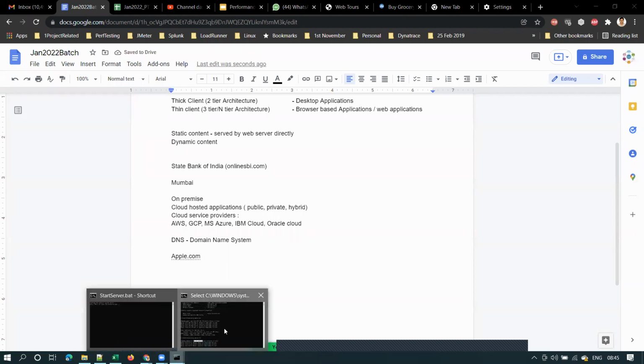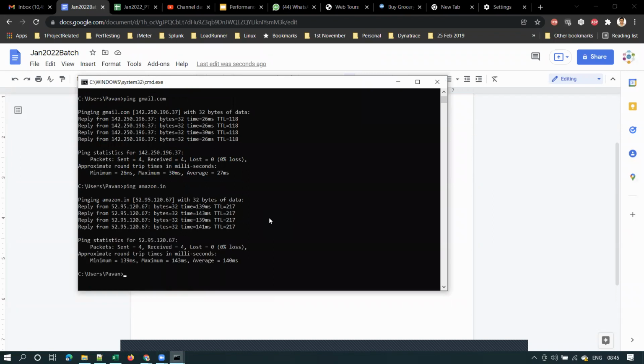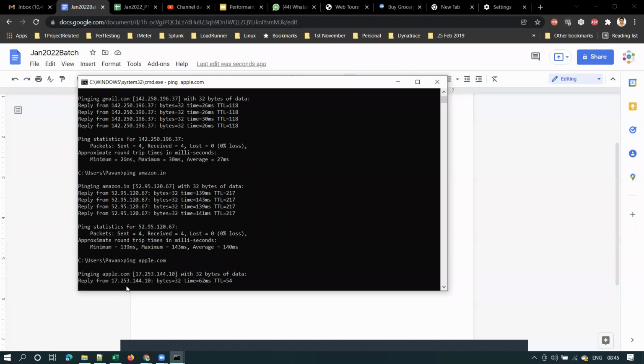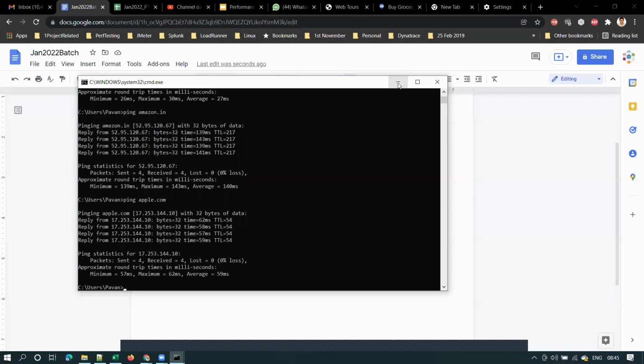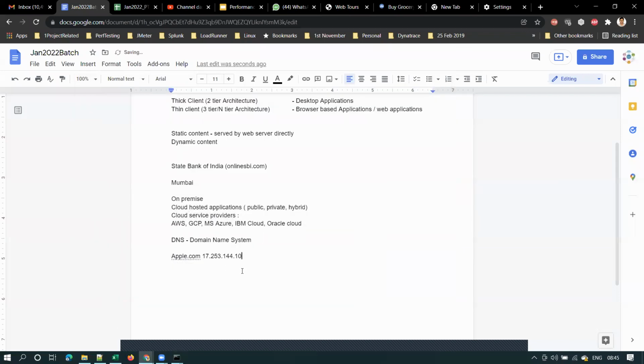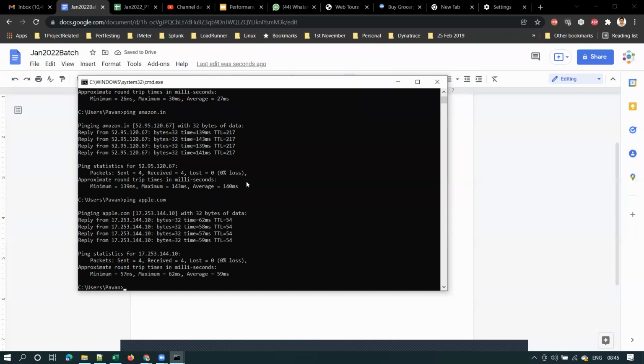So the DNS server will contain entries like this: your application name and IP address. In the same way, Amazon.in will contain these mappings. Mappings means it will contain server names and IP addresses.